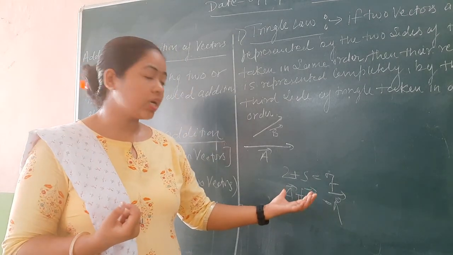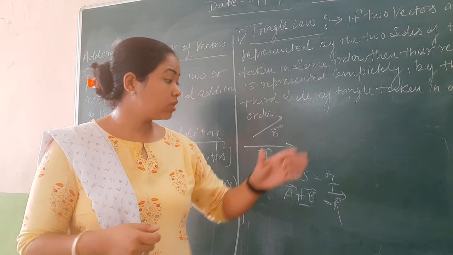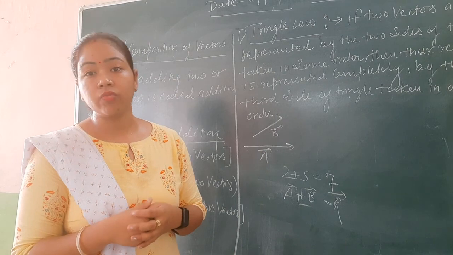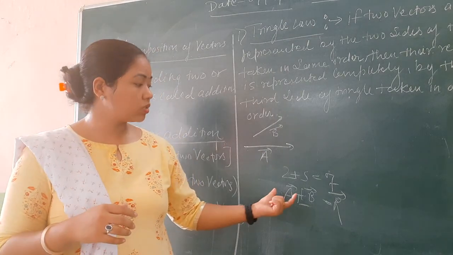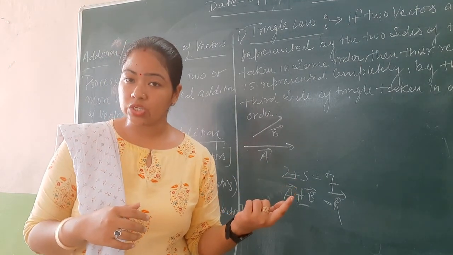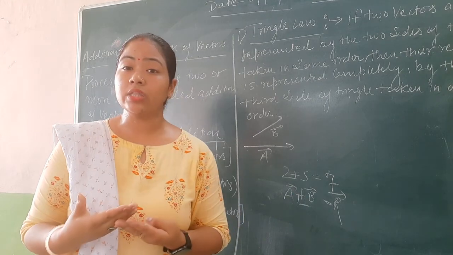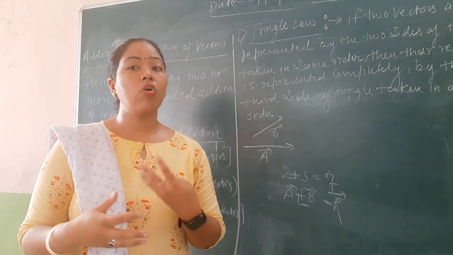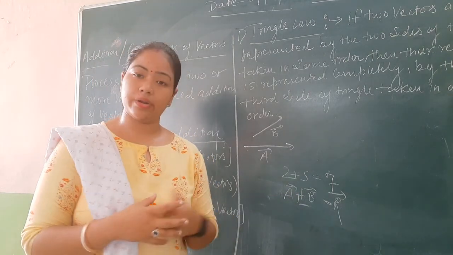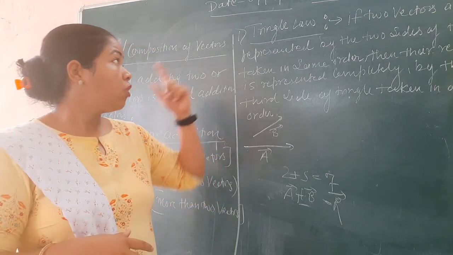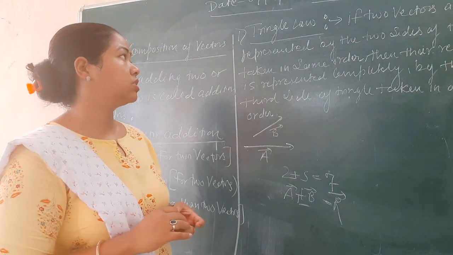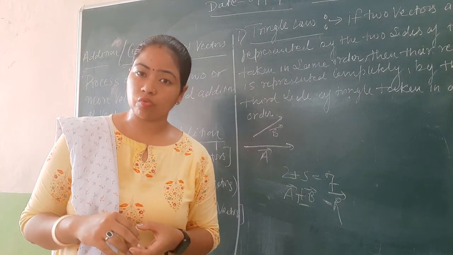Now these two quantities are known to us, but the quantity that we get after the addition of those two quantities is unknown for us. That's why we will talk about that unknown resulting quantity. What will be the magnitude of that quantity? What will be the direction of that result of the addition of two quantities, right? Now, first we will talk about the triangular law of vector addition, which is a very simple law used for the addition of two vectors.